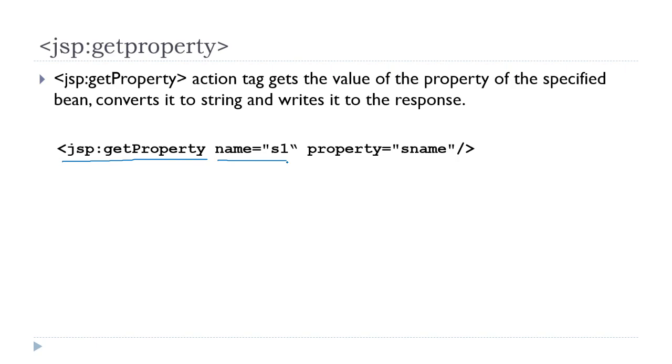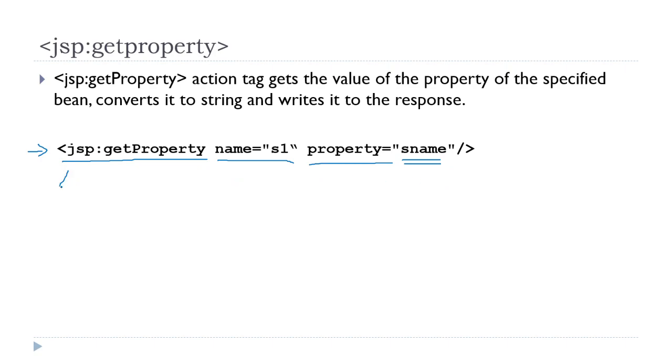In the name attribute, we will specify the ID of the object, and in place of property, we will specify the attribute name that we want to get. So this line basically is a call to the getSname method, and similarly we can get the ID as well.